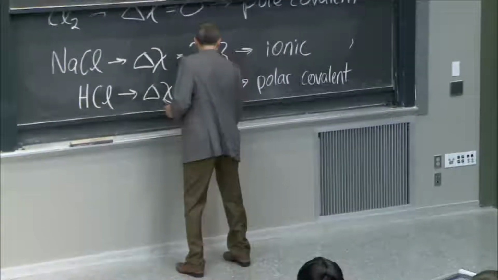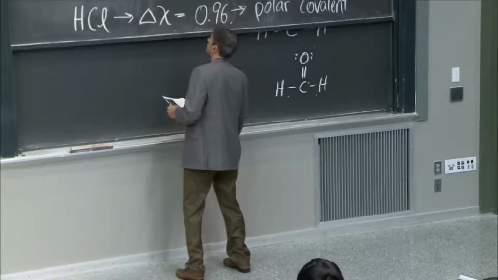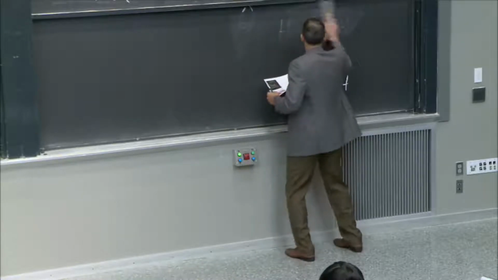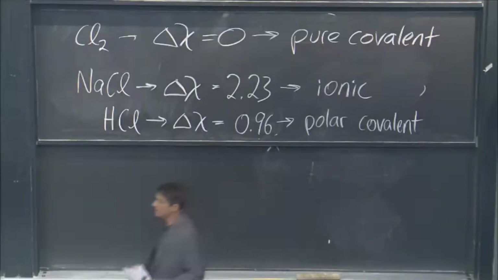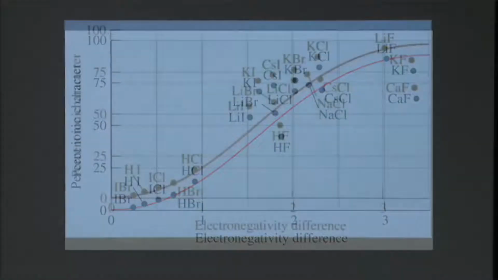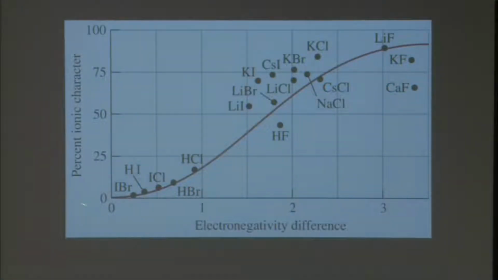And that is something that can be looked at for a whole bunch of different bonds. And so here, this is what Pauling was trying to fit. So he came up with these empirical fits, right? We say, okay, things kind of tend to lie on this line, which is the plot of the electronegativity difference between two different atoms and the percent ionic character.